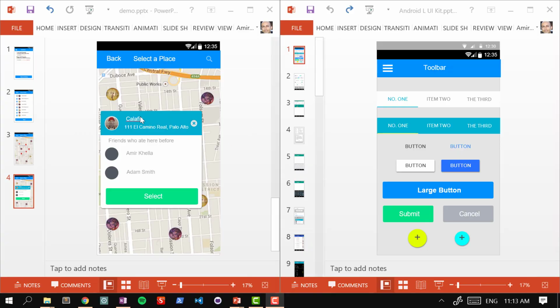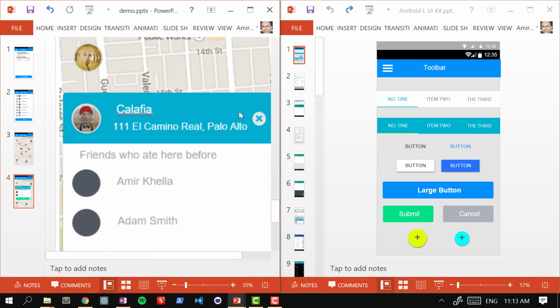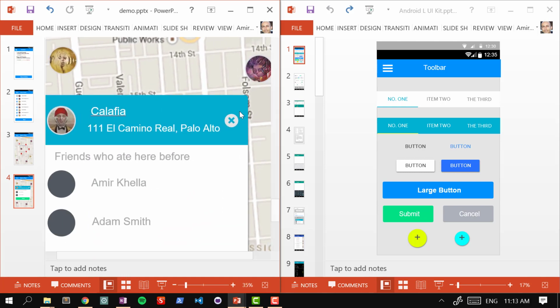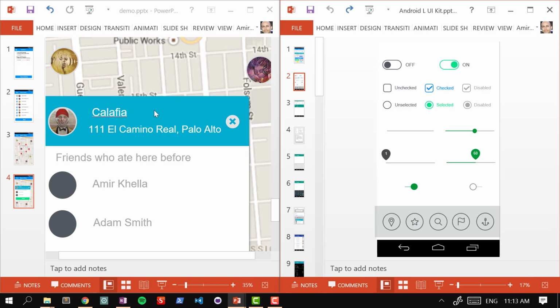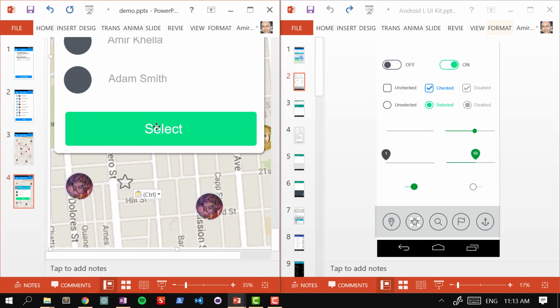One thing that I wanted to add here is actually the ability to do star rating next to this place, and maybe star rating based on my friends, which is a very cool idea now that I'm saying it. Basically, what is the general star rating of this place, and what do my friends think about it? So I'm gonna show you how everything here is customizable. So I'm gonna take a star